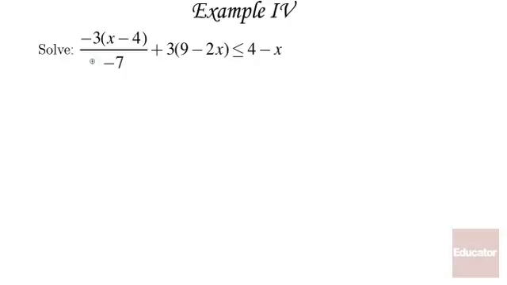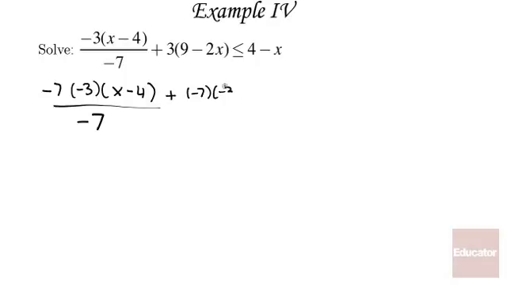Okay, in example 4, again, a little bit more complex, and there is a fraction, so we're going to get rid of that first. So start out by multiplying both sides by -7, which tells me that I immediately need to reverse the sign. So -7 times -3 times x minus 4 over -7, plus -7 times 3 times 9 minus 2x. Reverse the inequality symbol. Greater than or equal to -7